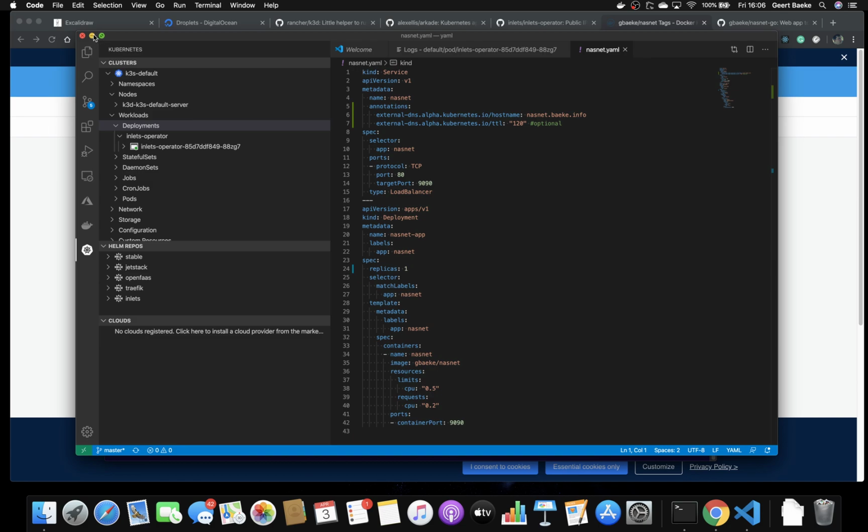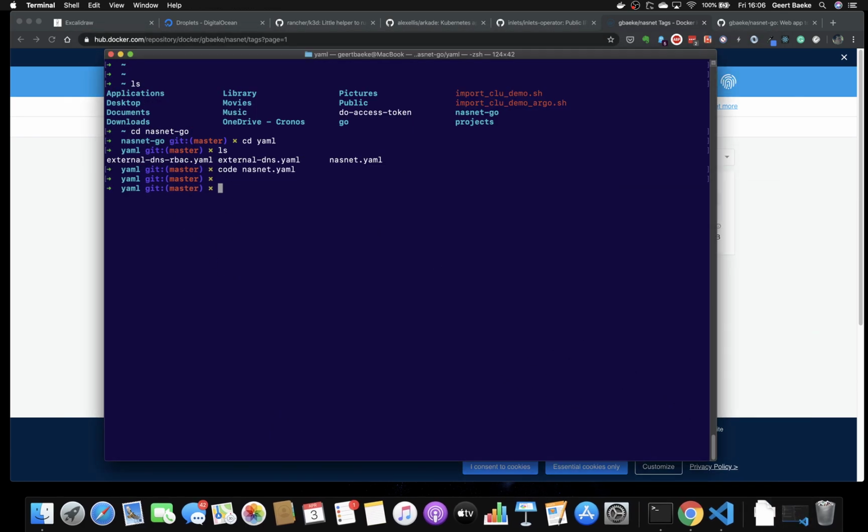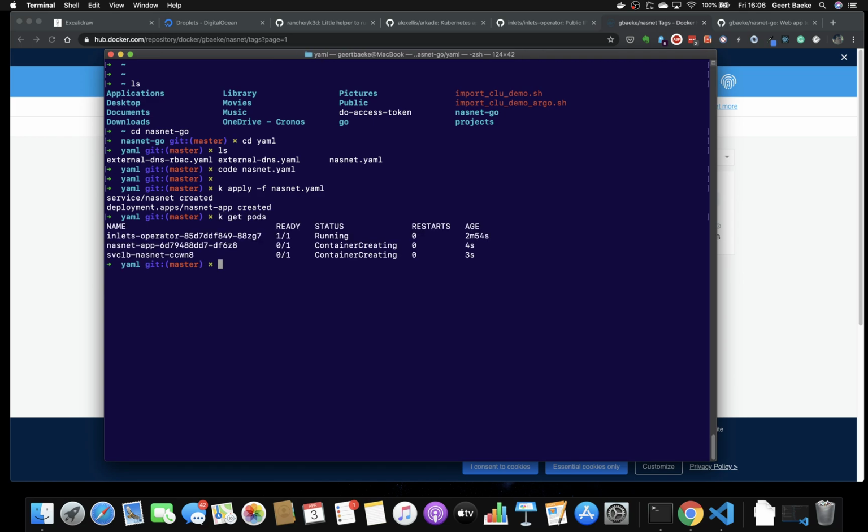But let's actually deploy that, right? So let's do k apply -f NASnet YAML. The deployment starts, and that you will see here, this NASnet application. So that's the second one you see here in the line, NASnet app. This container creating will take quite a while. I'm on Wi-Fi here. It has to, because I actually started a new k3s cluster. It didn't pull down the image yet, so it has to pull down 1.19 gigs from Docker Hub